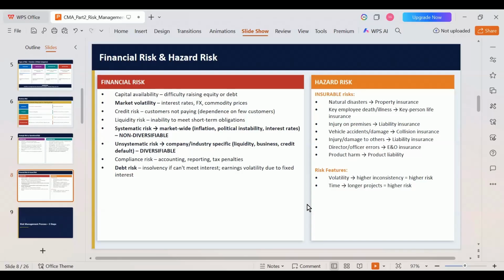Then comes time. I'll give you one more example for this. Assume two customers, customer A and customer B. Customer A is holding an accounts receivable balance in your company from the past 10 years. And customer B is holding an accounts receivable balance from the past 3 months. So who is more risky for you? Customer A or customer B?